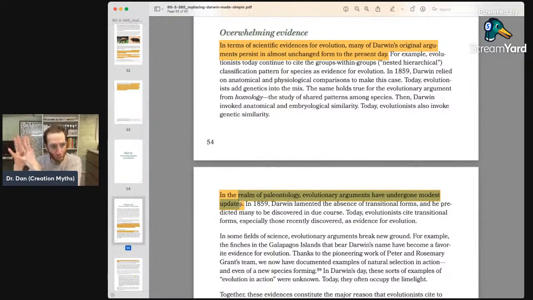So we see a series of traits that go from more ancestral to more derived. And in this case, more derived means more modern human-like. None of that evidence existed when Darwin was writing. Just didn't. So this is silly. And I don't even know a lot about the paleontology, and I know that this is silly.